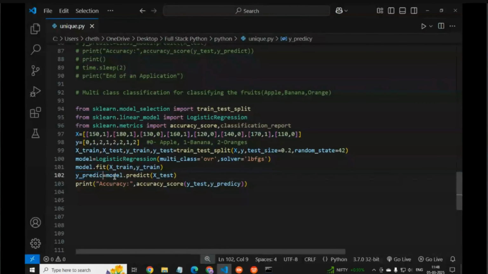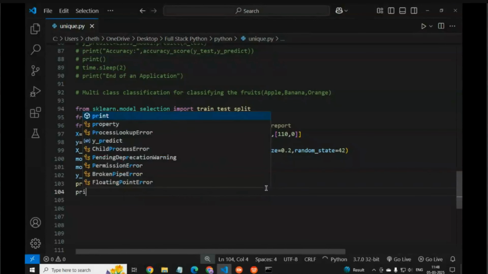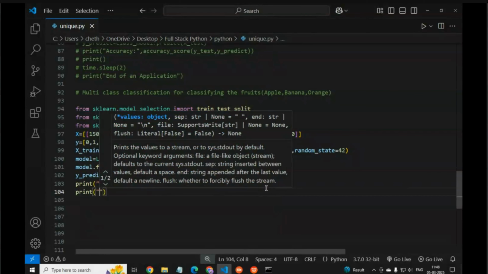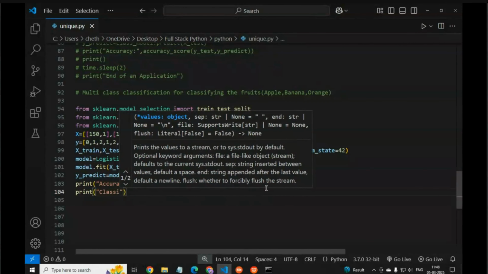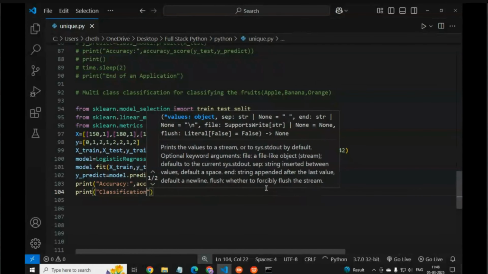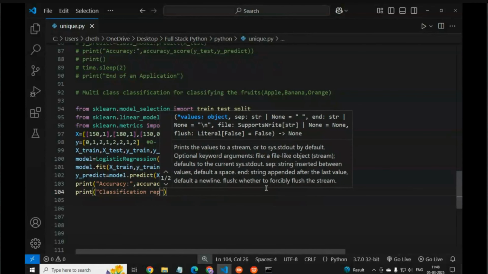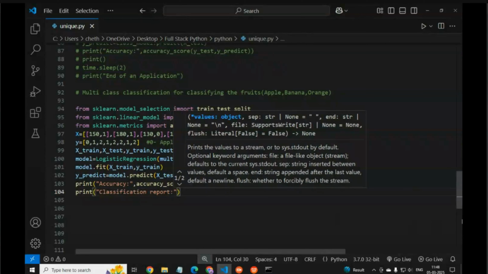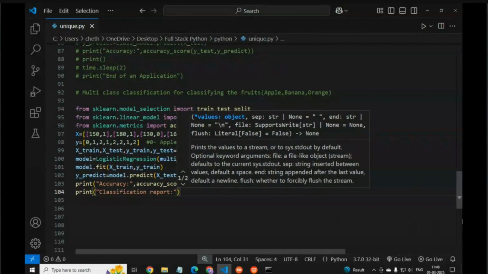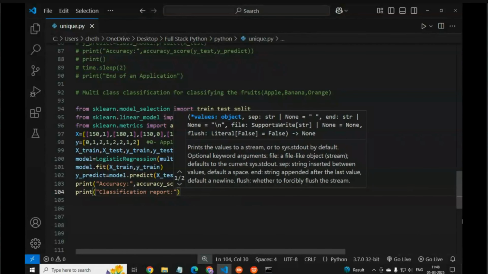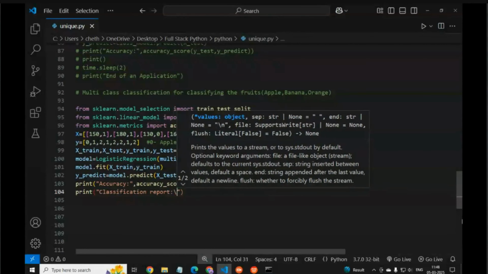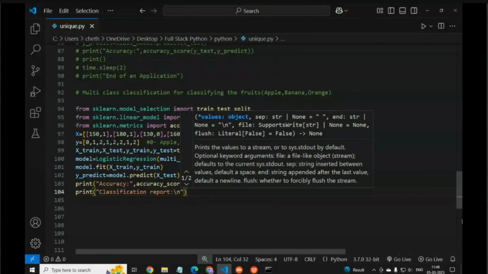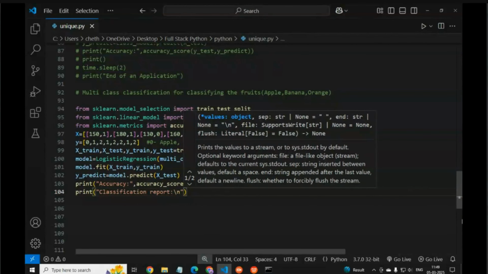Then we have to print one more thing, the classification report. So like that we have to write.